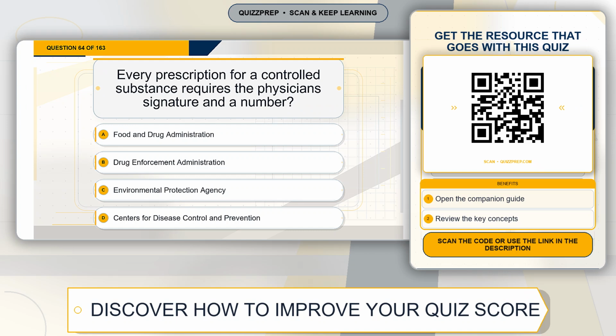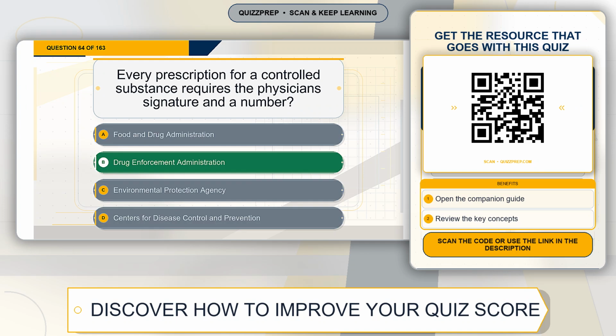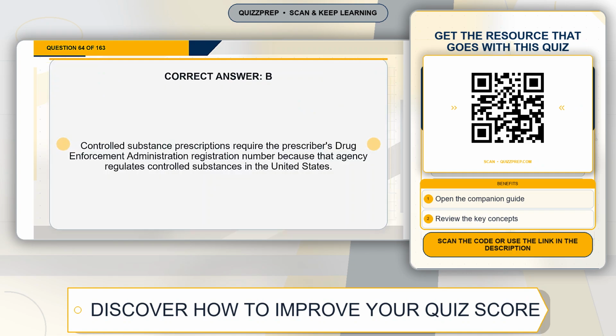Question 64. Every prescription for a controlled substance requires the physician's signature and a number? Option A, Food and Drug Administration. Option B, Drug Enforcement Administration. Option C, Environmental Protection Agency. Option D, Centers for Disease Control and Prevention. The correct answer is option B, Drug Enforcement Administration. Explanation. Controlled substance prescriptions require the prescriber's Drug Enforcement Administration registration number because that agency regulates controlled substances in the